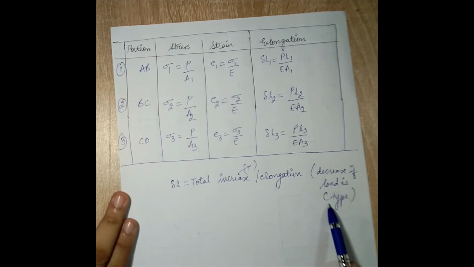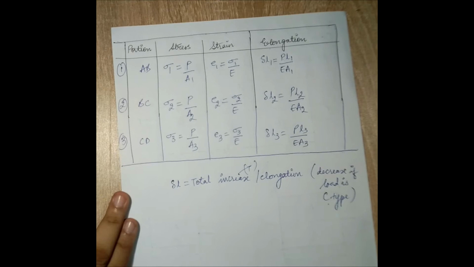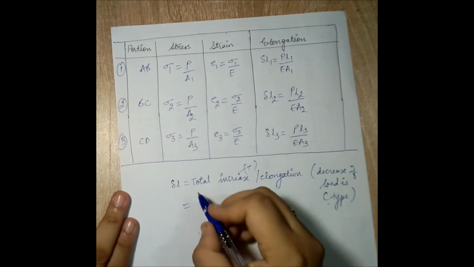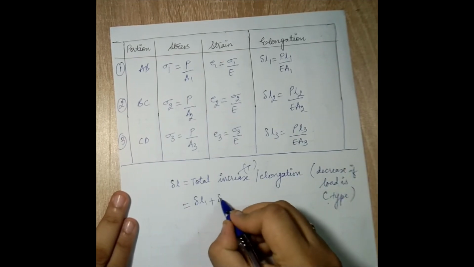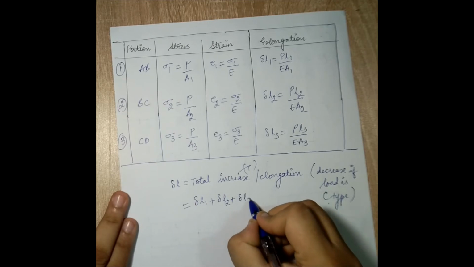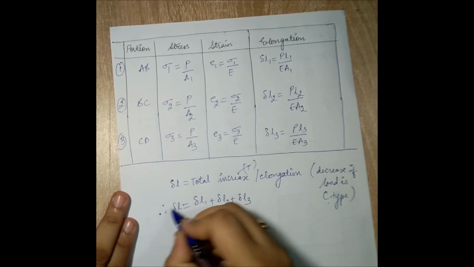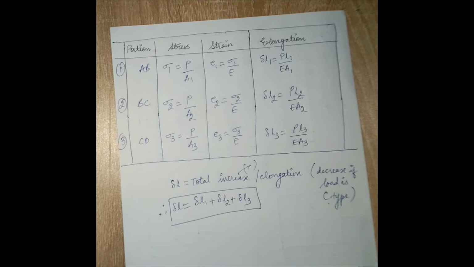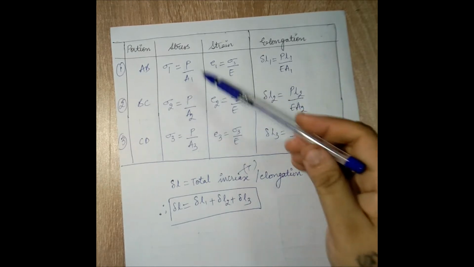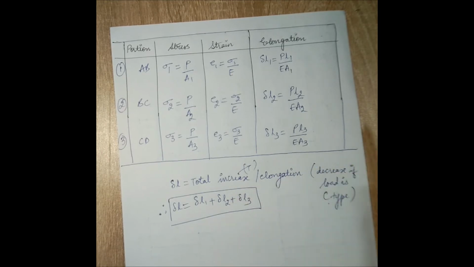If this is of compressive type, I will take decrease in length. Now here it will be delta L1 plus delta L2 plus delta L3. So this is the formula of delta L for the bars which are connected in series. So this is how you calculate the stress, strain and total elongation,